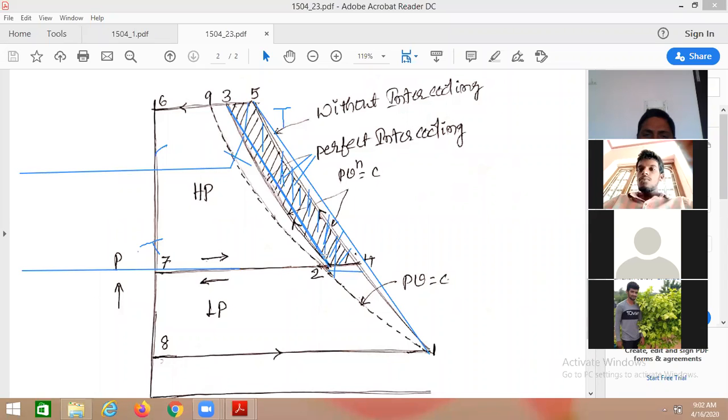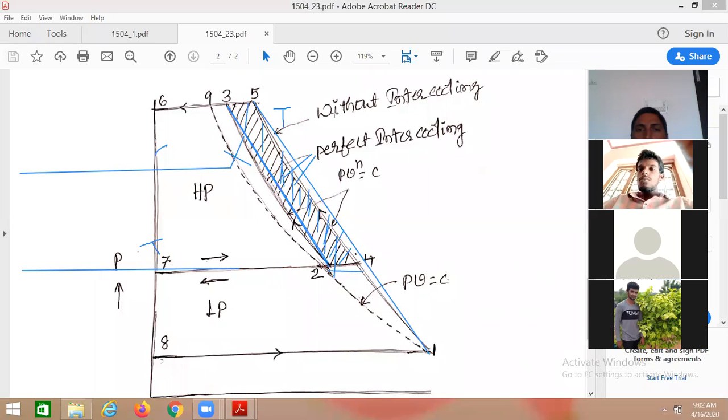So by minimizing the compression work, we will be able to raise the pressure to the same value. Even in the single stage, ultimately it is pressurized to the same value, but this work was not minimized. So with the introduction of the intercooler, with the minimization of this compression work, we could compress to the same level of pressure when we go for multi-stage compression. That is what I have mentioned.